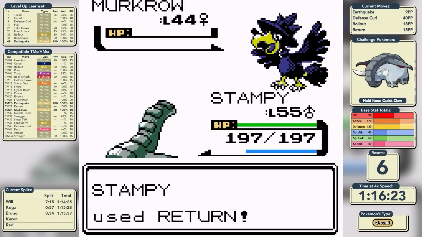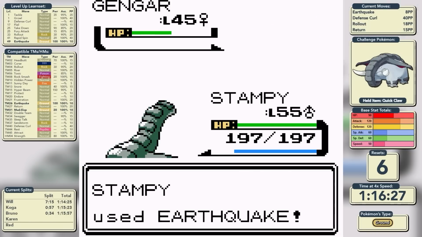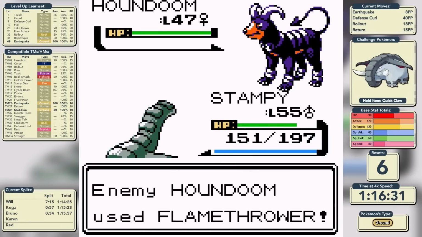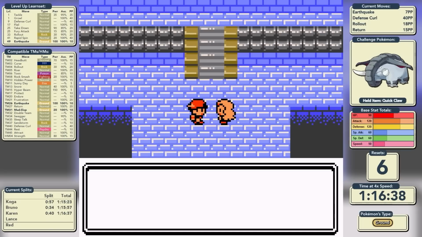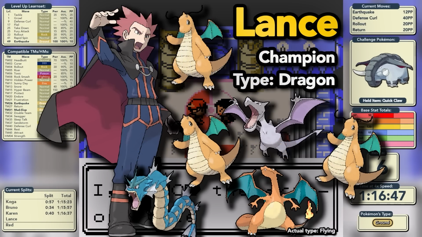We knock it out in one shot, we one-shot the Murkrow with Return, and now it's just 2 Pokemon weak to ground type moves. We take care of the Gengar in one hit. Flamethrower hits us for a lot of damage because of a critical hit. We don't get burnt though, and we knock out the Houndoom straight away to defeat Karen on our first time,